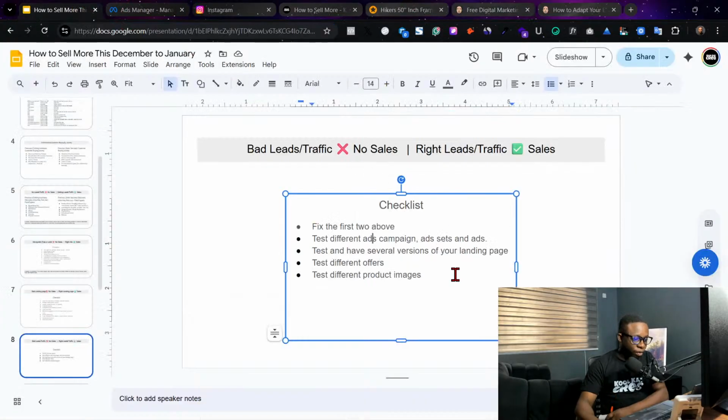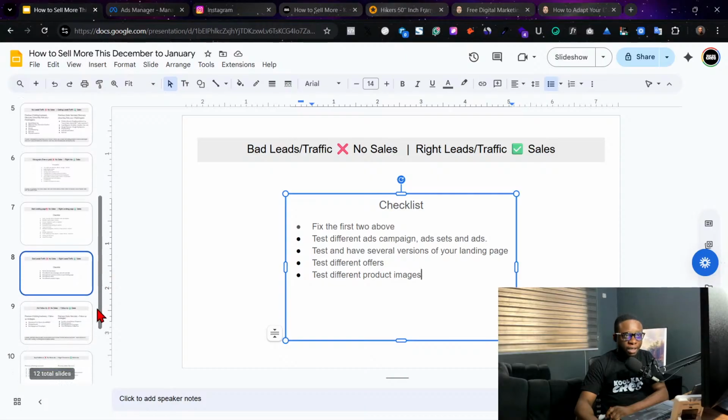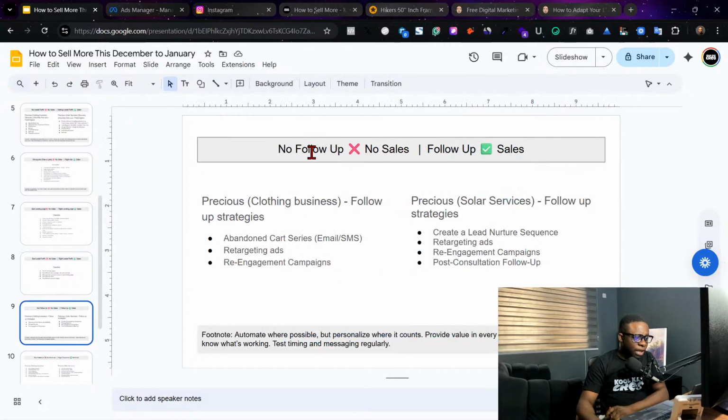I understand that very well. So now test, just keep testing, because if you don't test, you won't know. And you need to know where in your funnel has an issue. Funnel means from your client acquisition to fulfillment. If you don't understand how to get your clients, you don't have a system, it's going to be a problem. So you now come down to the next thing, follow up.